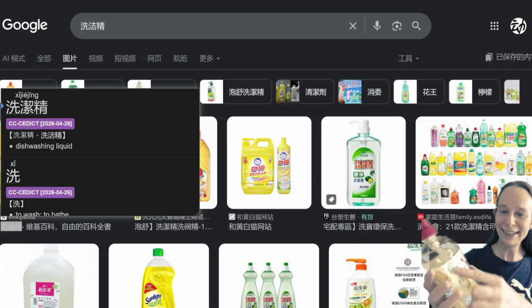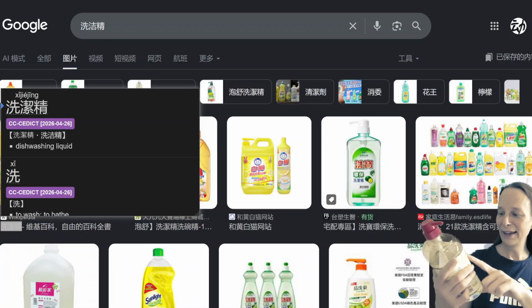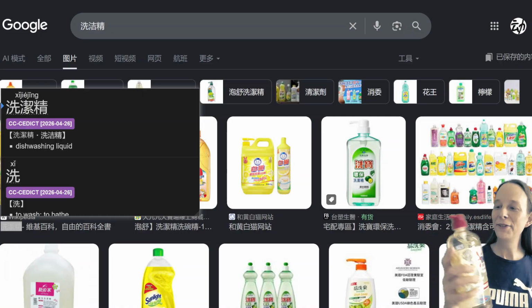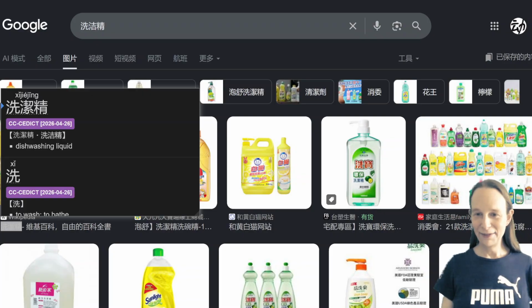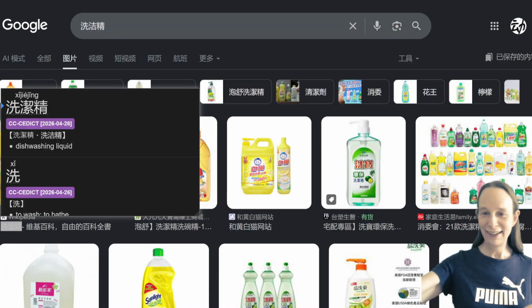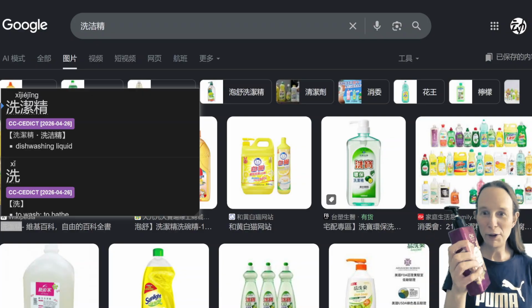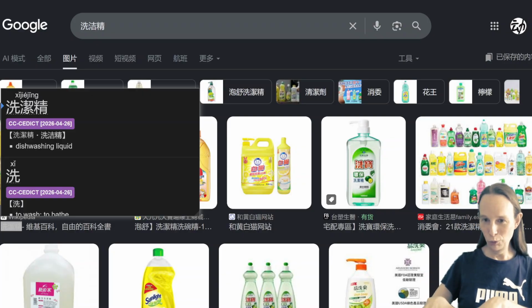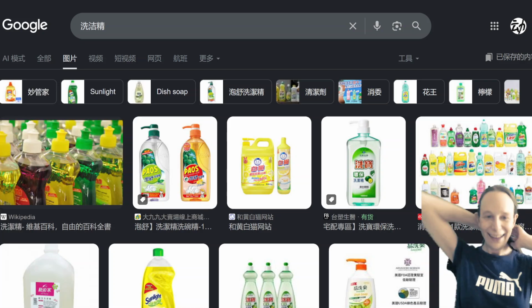It says 食品用. Okay, so it's useful for washing dishes that you eat off. I only bought this the other day. I haven't started using it. All right. My desk is filled. 洗涤精和沐浴露堆满至我的书桌。